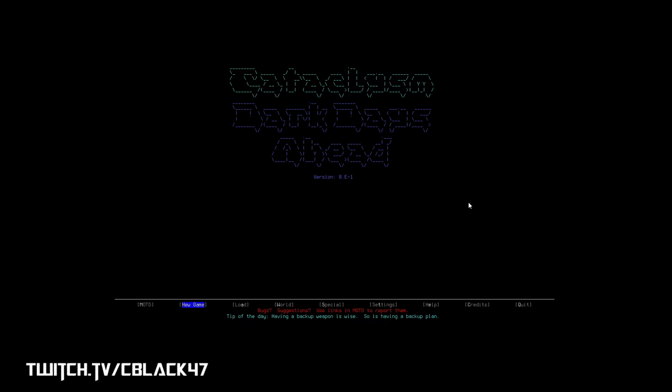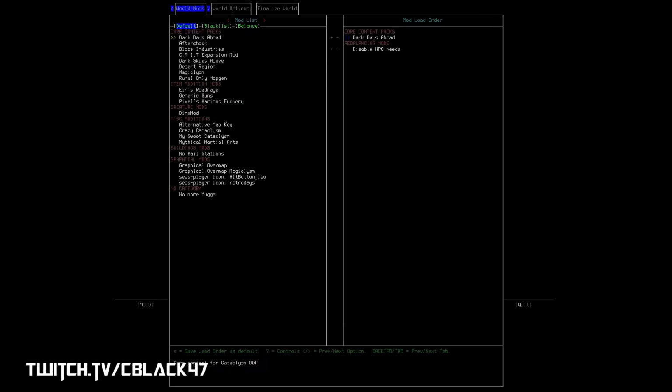So let's just get into it. Actually, let me move the mouse out of the way a little bit. Again, you would create a world, and on this one you have a couple of different options. You've got your world mods, and as you can see over here, it says mod list and mod load order. When you put in different mods, you have to make sure that